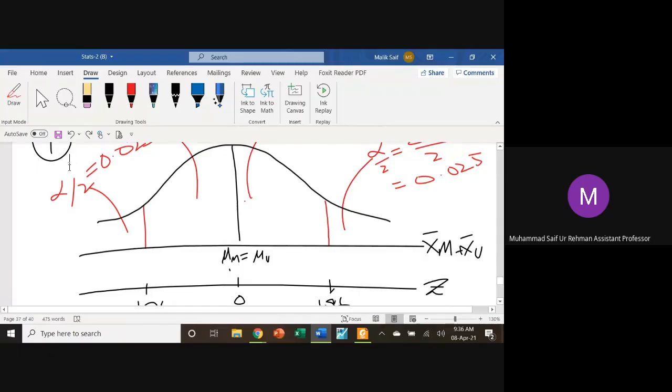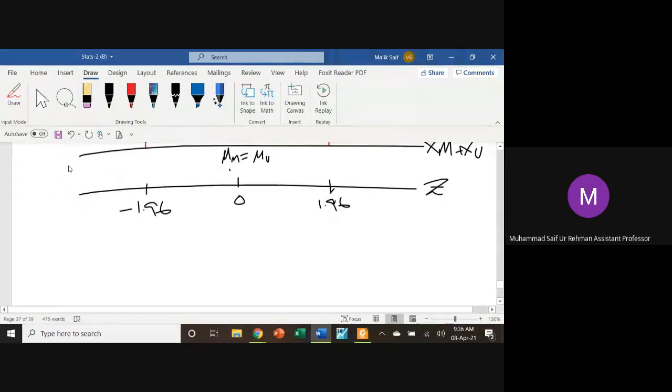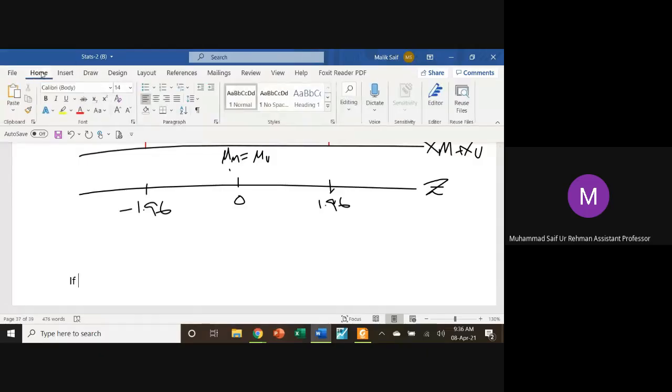There is some issue with this cursor. Yes, now it will come down. Okay. So you will write down over here if, make it further bold. Okay, 14. Is it visible? Yes, sir. If the calculated value of the statistic